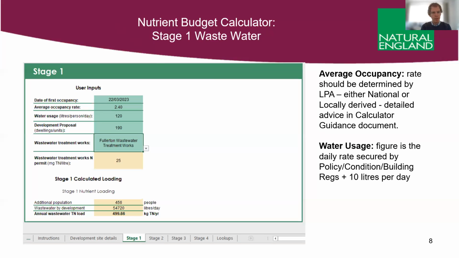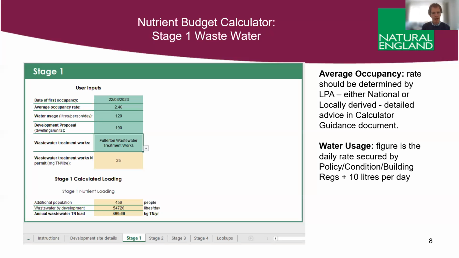The next one is the number of dwellings, which is obviously straightforward. Then there's a drop-down choice of options for the wastewater treatment works. So all the wastewater treatment works within the catchment will be included in there, and the calculator is pre-populated with all of the permit data for those wastewater treatment works. So selecting the relevant wastewater treatment works will then generate the